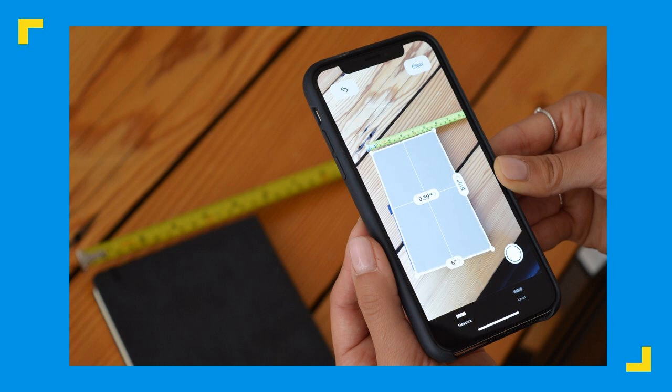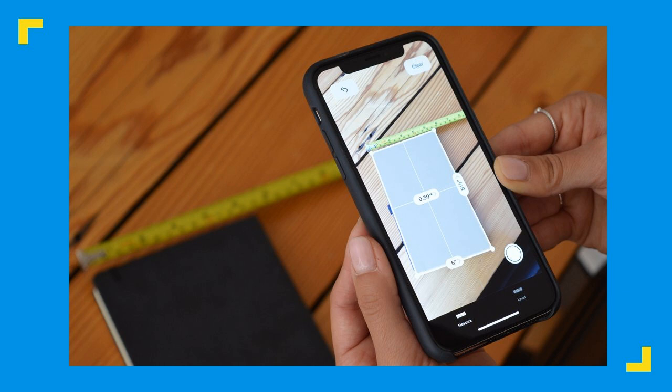And so what you're looking at here is an image of the native iPhone augmented reality app to measure. And the idea here and the value proposition was, you don't have to carry a tape measure around. You can just turn on this measure app. It uses the camera to see what's in front of it.